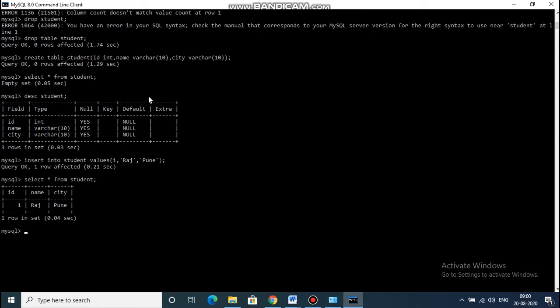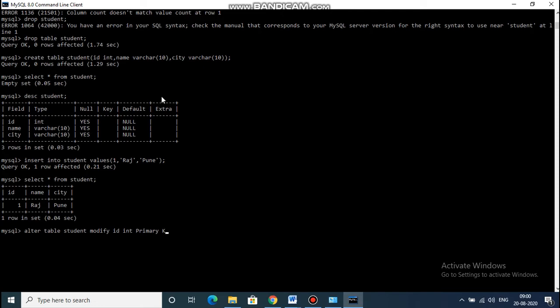Now I will provide auto increment. For that purpose I will use the alter command: alter table student modify ID primary key.